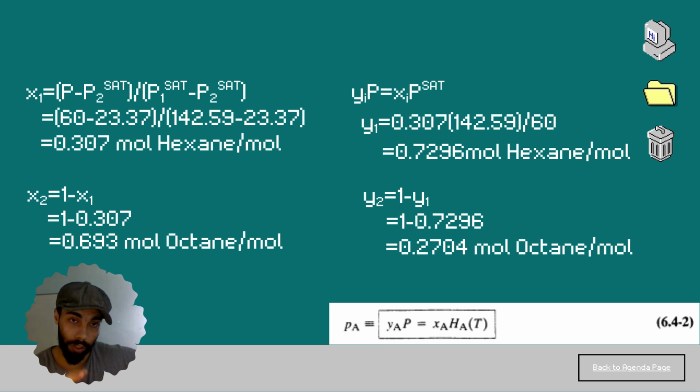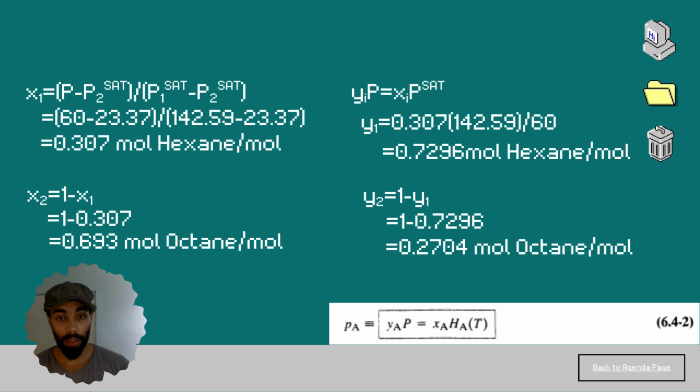Now, starting with the hexane in the liquid phase, x1 equals (P minus P2 sat) over (P1 sat minus P2 sat). This equation is found in Richard and Felder. For the hexane, P is the process pressure, 60 kPa, minus P2 sat, the octane P sat, which is 23.37, over P1 sat, the hexane one, 142.59, minus octane P sat, 23.37. Plug these values into the calculator and we get 0.307 mole hexane per mole as the composition in the